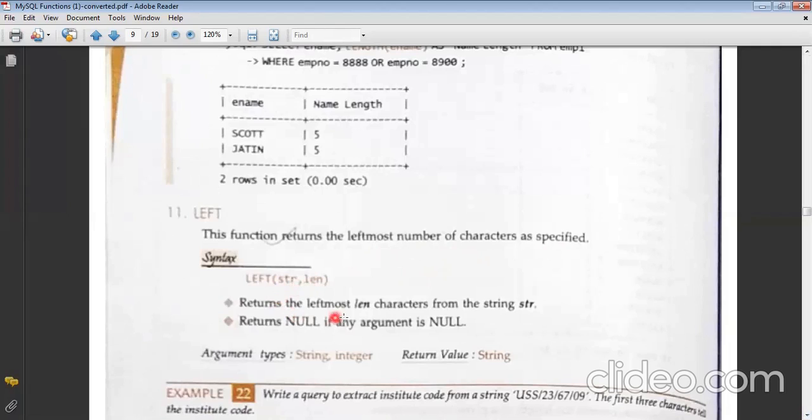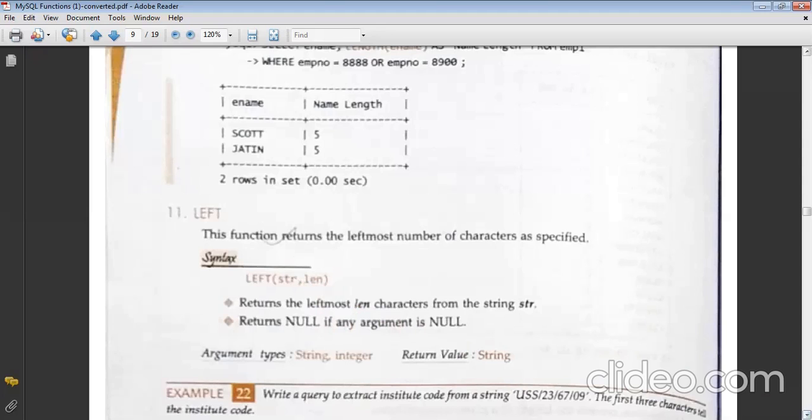It returns the leftmost len characters from the string str. Suppose in the len length we have given 3, so it will take out 3 characters from the left hand side of the string. It returns null if any argument is null. अगर argument आपने null दिया है, that means if you pass the length as 0 or something like that, then it will return you null in that case.